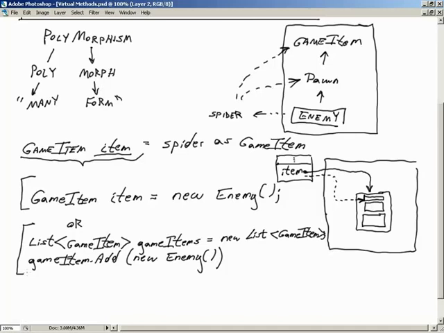Is that fair to say? Yeah, that's pretty much exactly what we've been doing. But now we haven't been actually changing anything. When you hear that word morph, you want to see something truly change from one form to another. We are seeing that here, but I want to see it